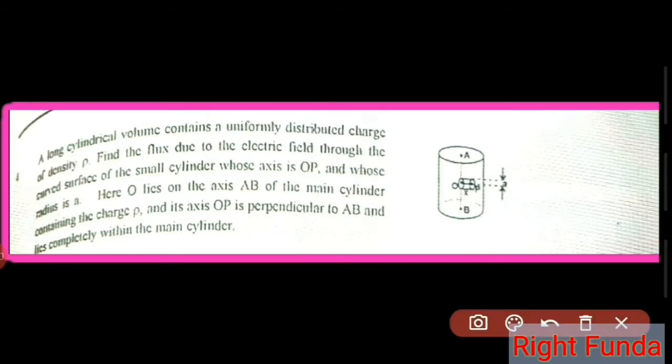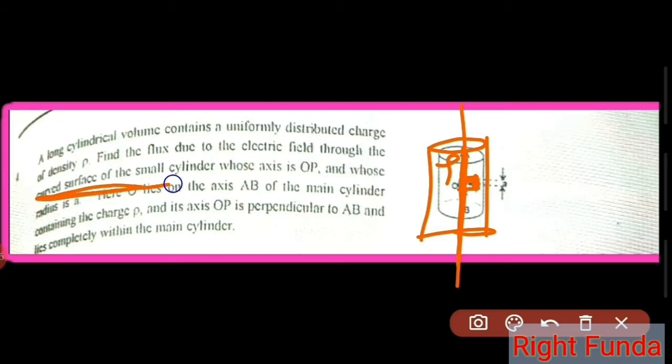So what the question is saying is that there is a cylinder, and this is the axis of the cylinder. Inside this cylinder you have a small cylinder, and the density is rho, and this small cylinder has one flat face on the axis of the big cylinder. We have considered a small cylindrical area and we have to find out what is the flux through the curved surface. Through the curved surface of the small cylinder, how much flux will pass through.